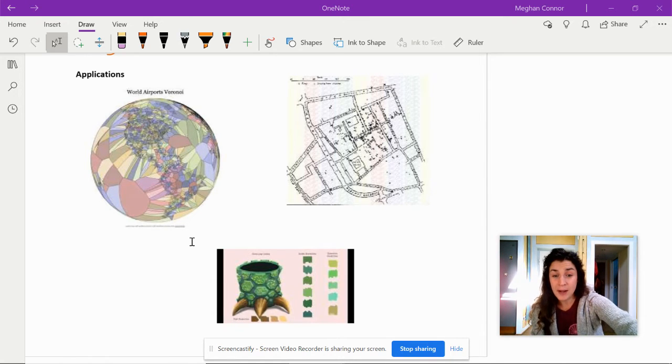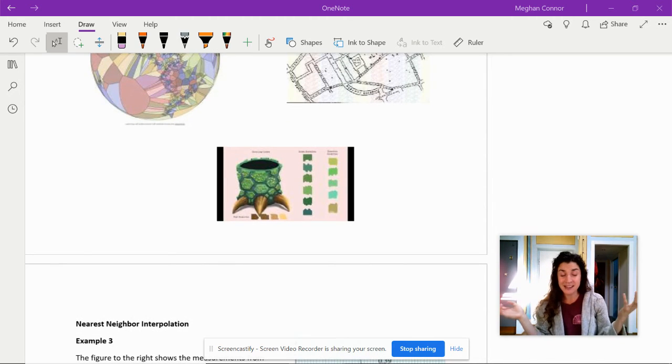You can also see a picture of what looks like children's art because it is. So Pixar actually uses Voronoi diagrams as a way to create cool patterns on scales, as well as if they're just looking for a cool pattern to put on something. I think in the video that I saw that explained it, which you can find too on Khan Academy, I almost attached it to one of your warm-ups for today, and it's geared towards kids. So I didn't want you to think that as 11th graders I saw you as babies. But it's actually really interesting to see how they use Voronoi diagrams to determine patterns. They had it as like the cake pattern